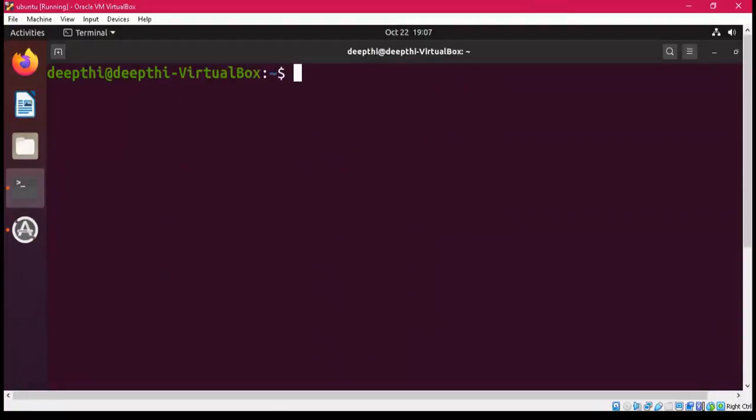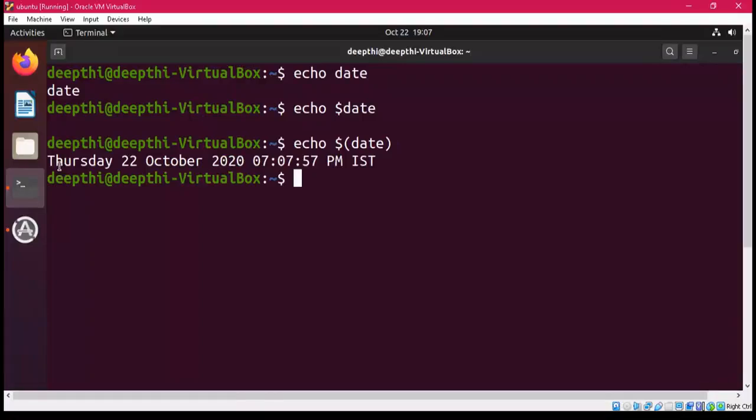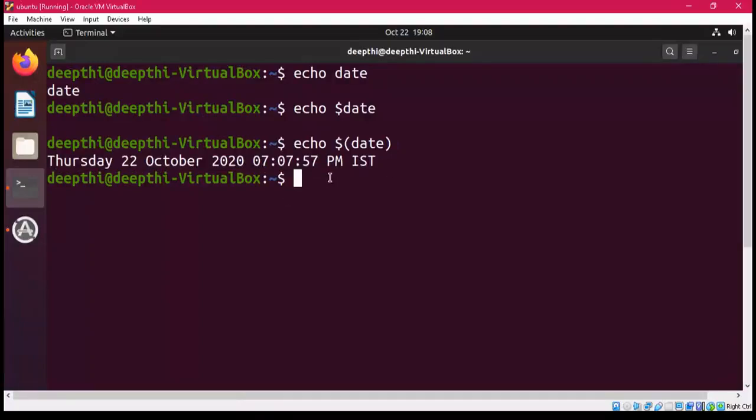Fine. Now the third option that I described in the initial part of this presentation was that you can also display the output of a command. Now let's see. If I write echo and I write date, date will be treated as simply a string and is not going to give the actual value of the command date. If we proceed with just the dollar symbol, you can see that it is not going to give you any output. So rather, you just have to enclose it in brackets, and before that put the dollar symbol, and now you can see it is giving you the current date, Thursday 22nd October 2020, and this is the time.